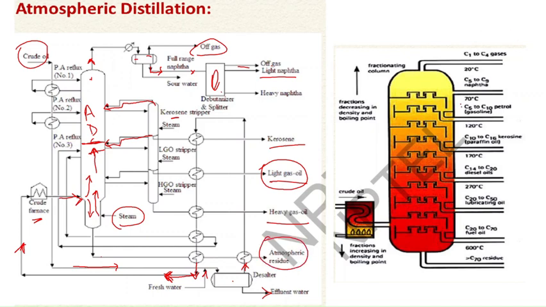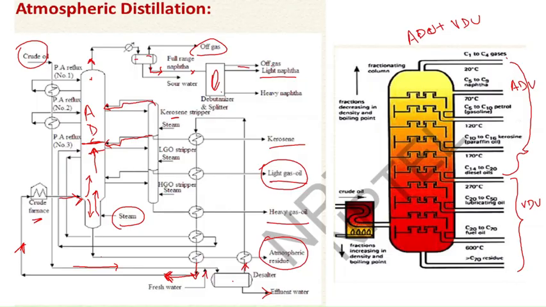This is a complete distillation column which involves both the atmospheric distillation unit plus the vacuum distillation unit. We can see that in the atmospheric distillation column mostly we can produce up to diesel oils. These are the lighter portions which can be produced in the atmospheric distillation unit. Below that, the lubricating oil, fuel oil and the residue are a portion of the vacuum distillation unit. We will be studying it further. I will be telling you.